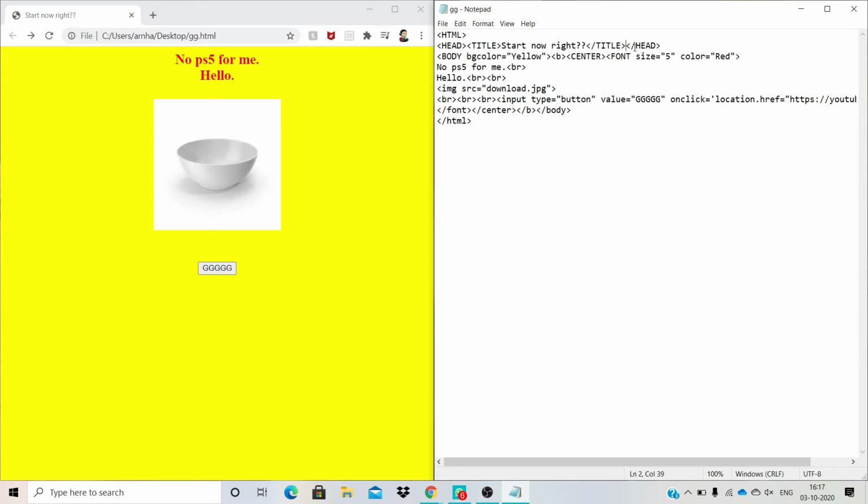Here, before closing the head, we write the style tag and we write the styles for the button we want, and we specify the class. In the a tag we write that class over there and it works like magic. Done.